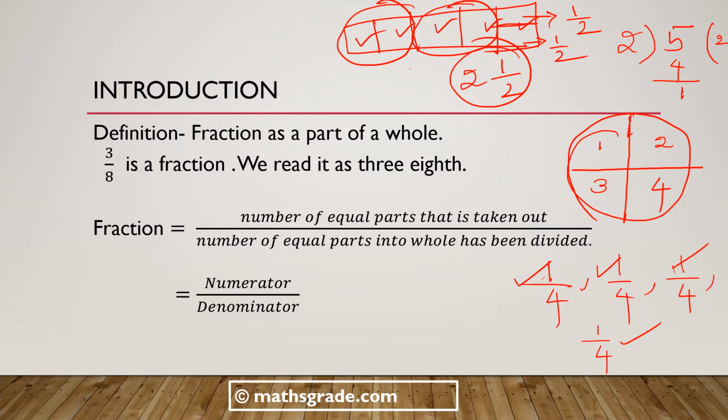So each friend will get 2 slices, that is, the first friend will get 2 slices, then the second friend also will get 2 slices, and the last slice, that is 1 slice, is left. 2 plus 2 is 4 and 4 plus 1 is 5, so the 2 friends will get 2 slices each. Then the last slice, that is 1,